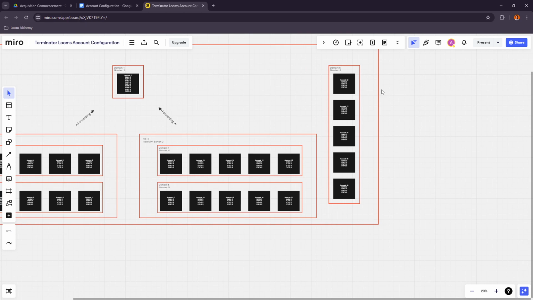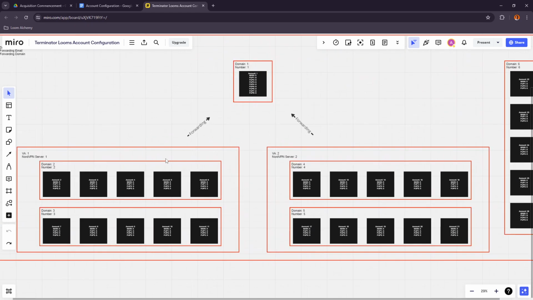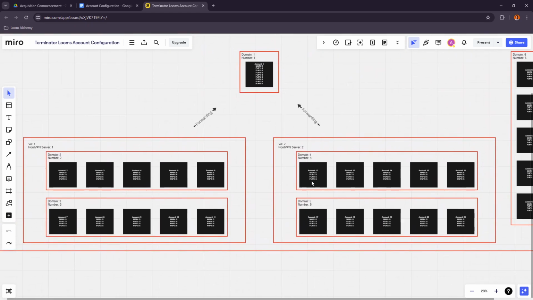So this is a good thing to have. Again, if you're just starting out, if you don't have a lot of capital, you can ignore these. The next ones are, now there are going to be 4 domains and we are going to add 5 accounts